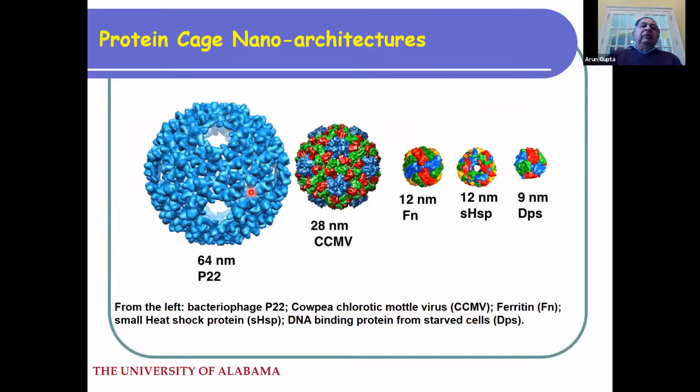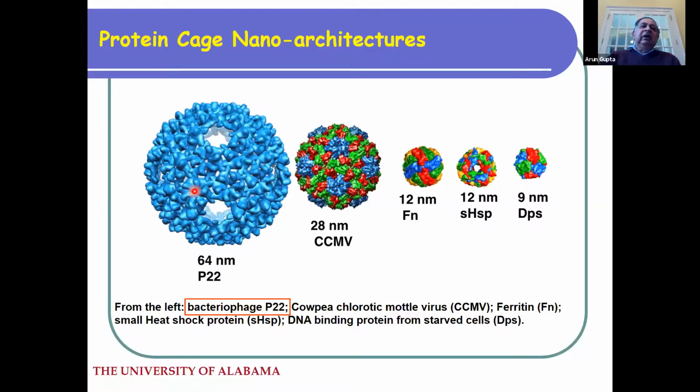As you know, the viruses come in different shapes and sizes. These are examples of some different viruses. The one we have been primarily working on is this bacteriophage virus, which thrives on bacteria and is harmless to human beings. It's a fairly large virus, and it's referred to as the P22 virus. What we do here is to genetically engineer the proteins either on the surface of the virus or on the inside, and thereby selectively nucleate and grow